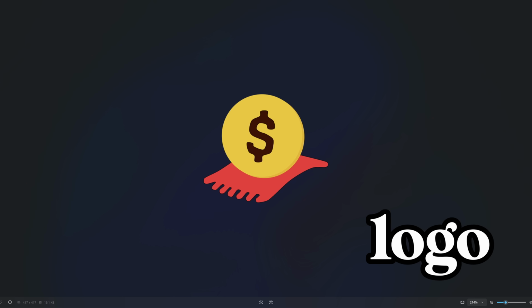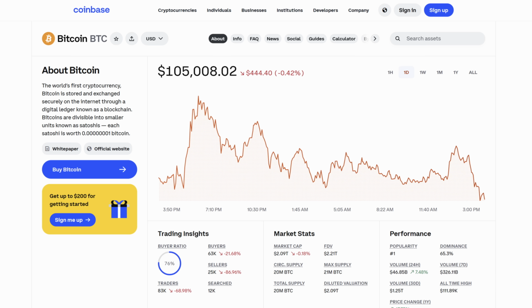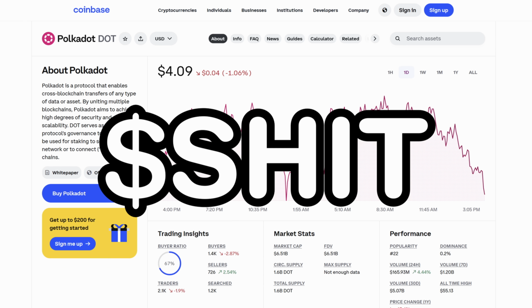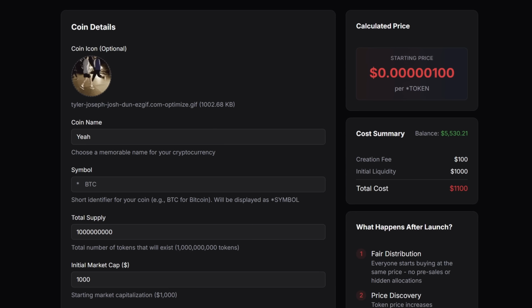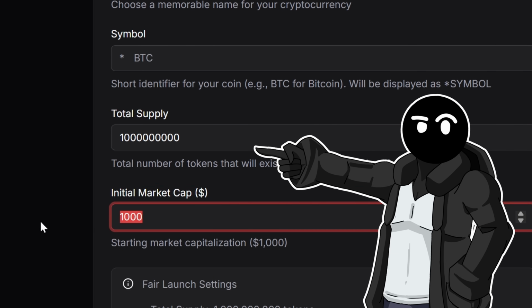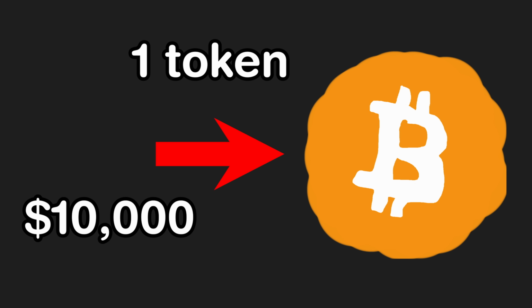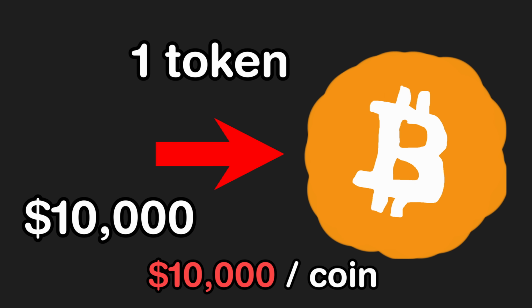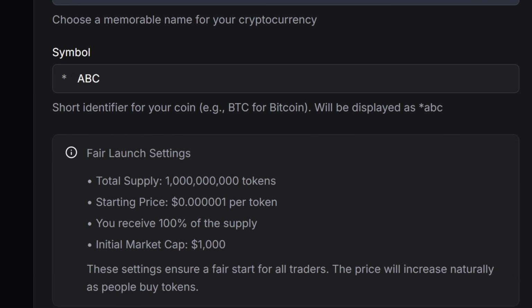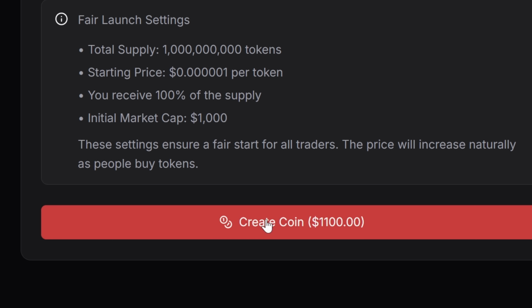Buy the domain, create a logo, and we got a coin creation page. Since real crypto uses the $ sign prefix for token names, Rockplay uses a star. At first I let people choose the total token supply and initial market cap, but that meant people could create coins with 1 token supply and 10,000 in market cap, which is essentially a $10,000 coin. So I made each coin start with 1 billion token supply and 1,000 market cap,